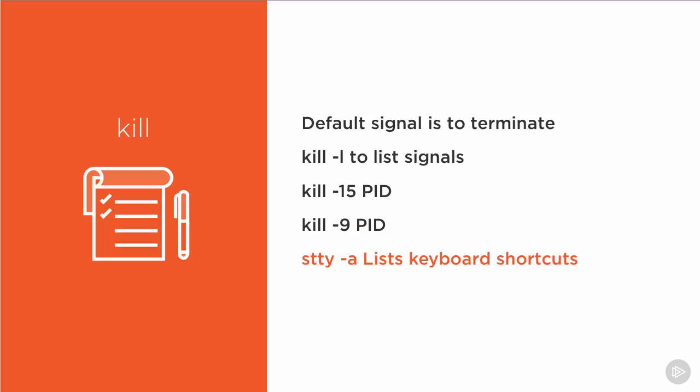We can go kill -kill, kill -9, or kill -sigkill. We also have signals that we can send through shortcuts from the desktops. And we've seen that we can do things like a Control-C, which is sending an interrupt. And we'll see in the next module, when we start looking at backgrounding tasks, that we can use a Control-Z to send a suspend notice through to a process. But we can look then at those keyboard shortcuts using